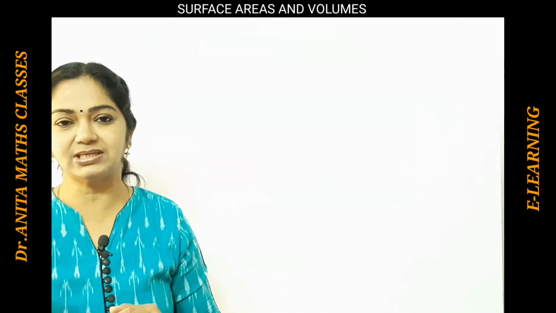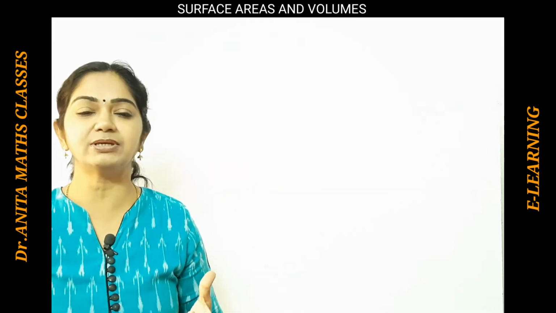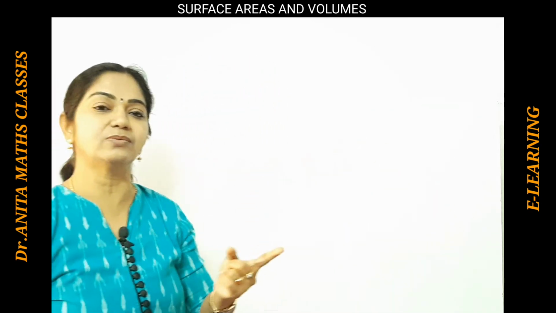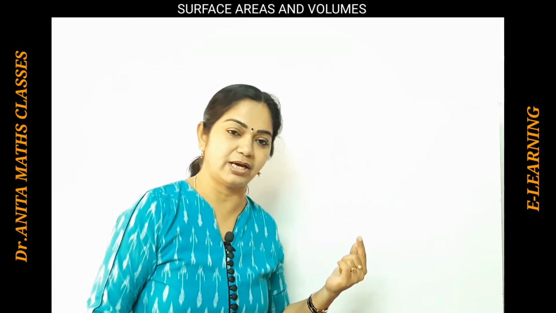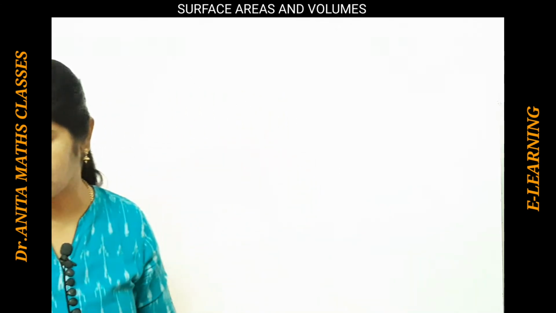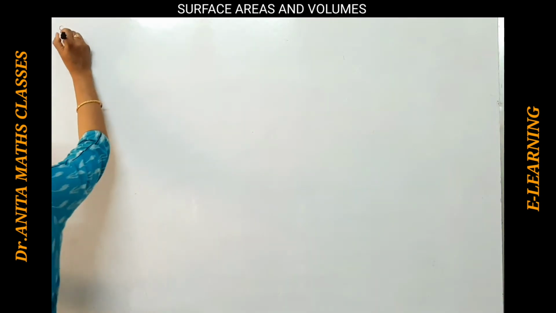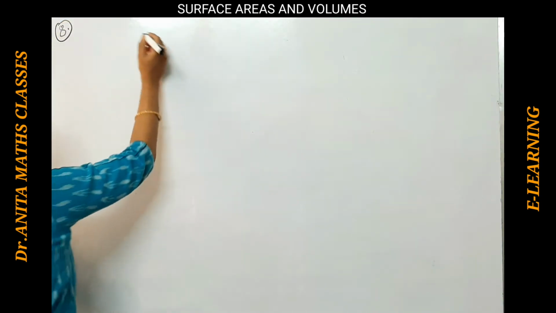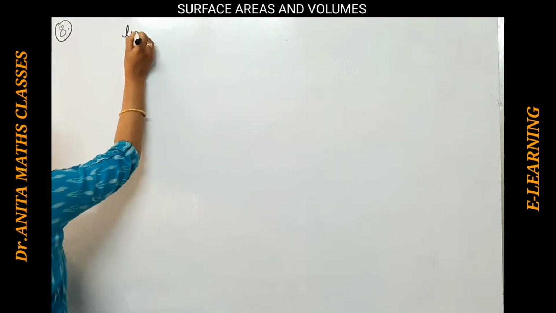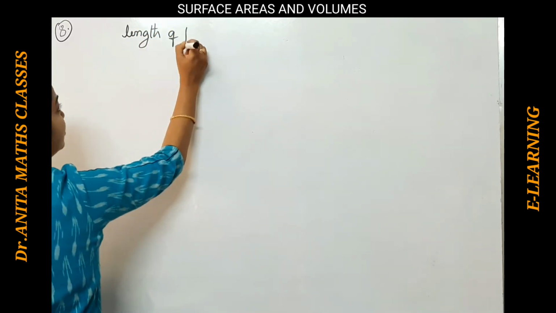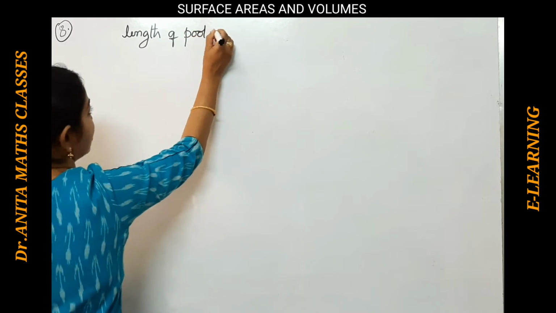How much deep means that is a height. So there are different dimensions, so that is clearly a cuboid. If all the dimensions are equal, we can assume that it is a cubical swimming pool. Now here the dimensions are given, so how much long, the length of the pool, that is long, isn't it?